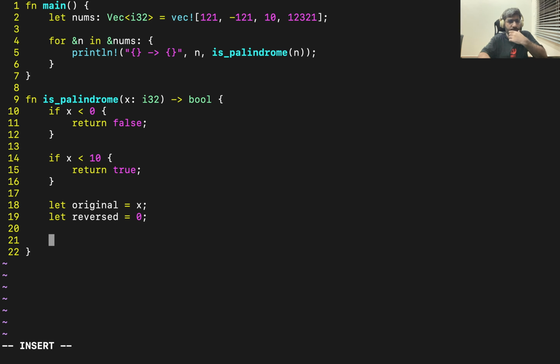What else do we need to do? Now we have to check if x is less than 0. Then what we need to do, we have to first,